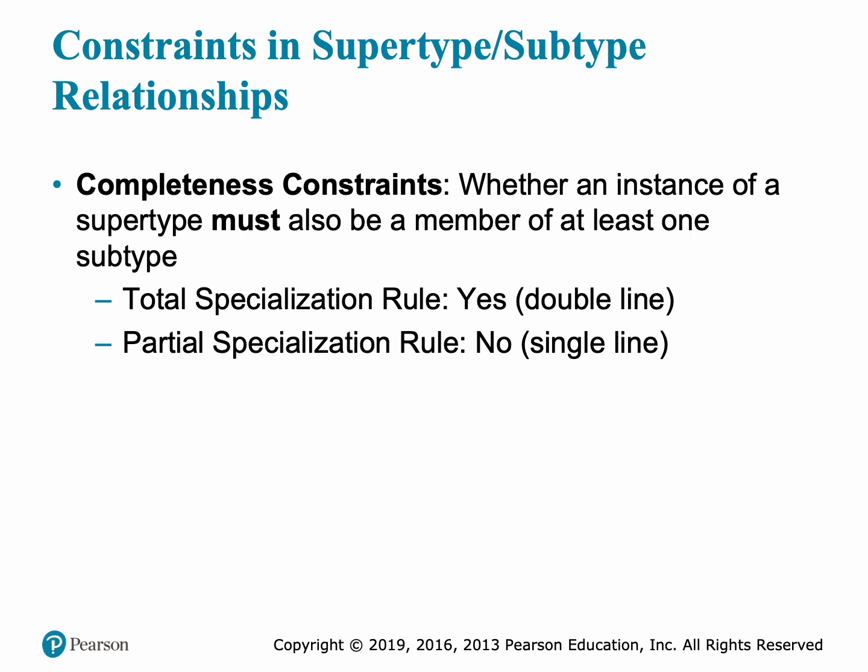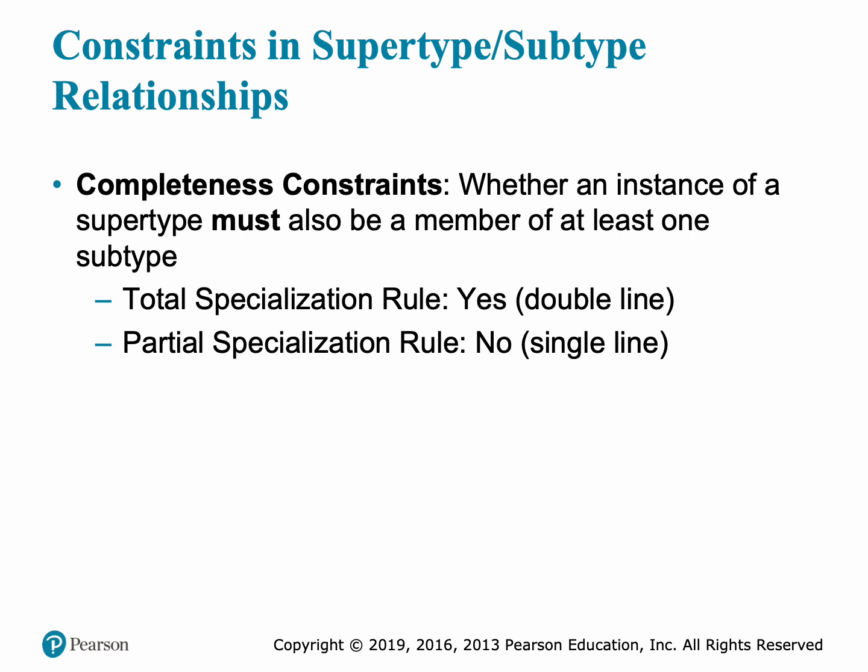Constraints in supertype-subtype relationships matter because they ensure data integrity, consistency, and accuracy within a database. They help to enforce rules and maintain the logical structure of the data model. Let us discuss the constraints in a little bit more